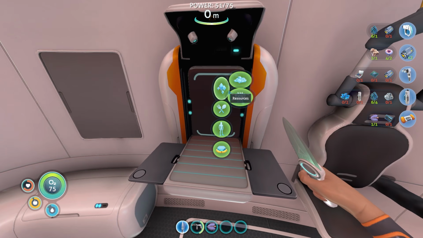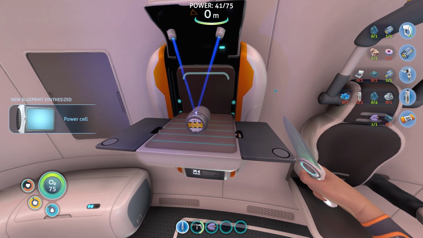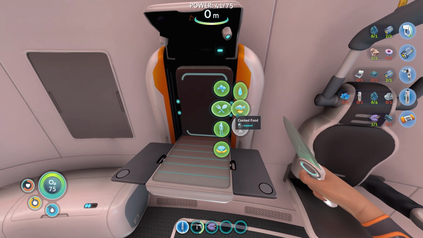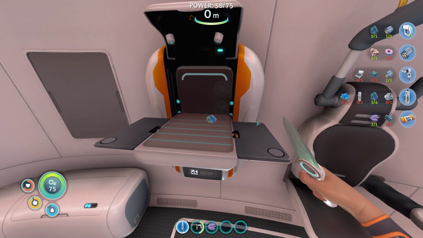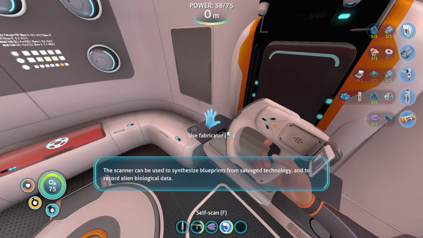So let's make a couple of batteries here. There we go. Which has also taught us to make the power cell, which is like a big battery. We want to make probably the most important item in the game after the repair tool and knife, because you're not going to get anywhere without those, but the scanner, which is used for scanning everything, including yourself. But most importantly, this is how you...